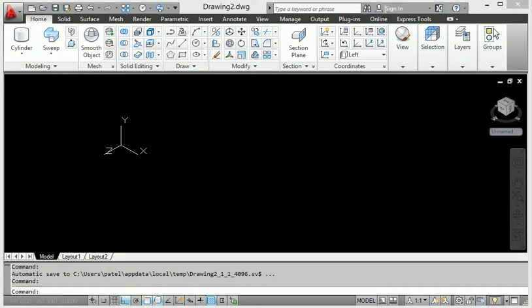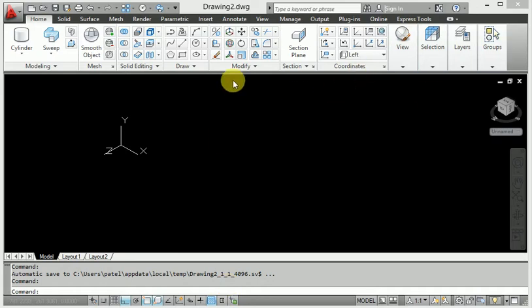Today I will discuss how to create the sweep command in AutoCAD 3D. Basically, the sweep command is generally used for coil design and different types of pipe connection design. It is an easy way to make pipe connections in 3D, and very easy to work with. So let's go design with the sweep command.